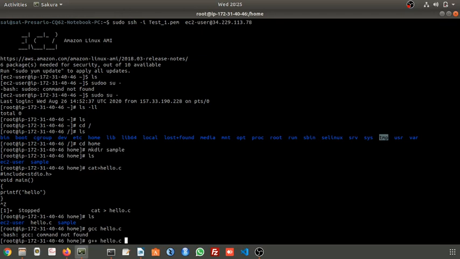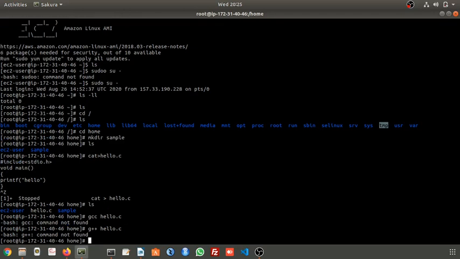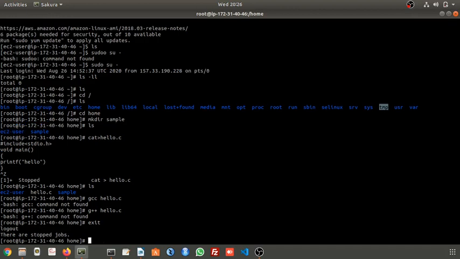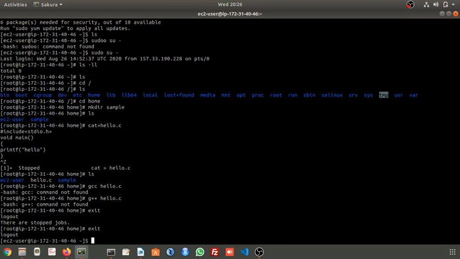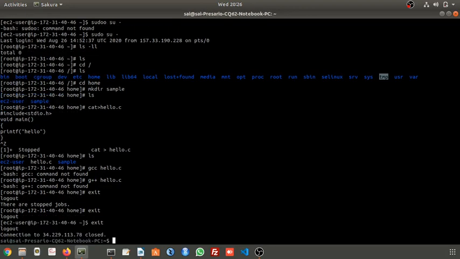Right now I'm not in my local environment. I am in Amazon's virtual machine environment. From this you can access all your files. Now I will come out from this and check whether the service is on or not. Just type ping and the IP address of that.